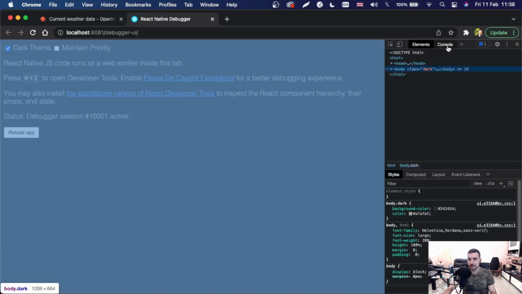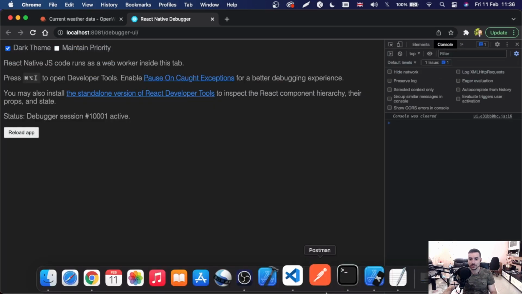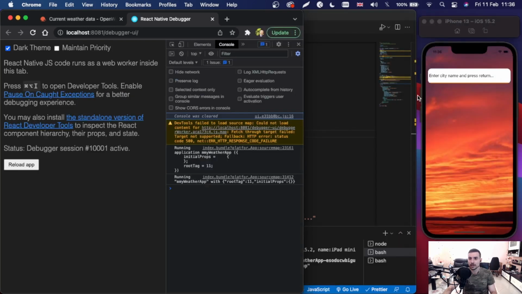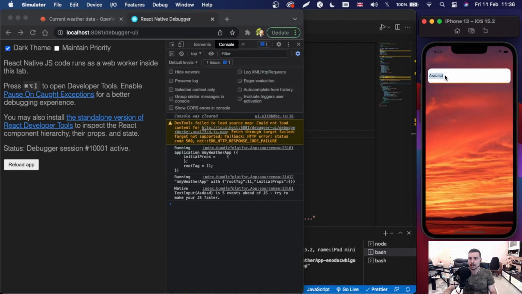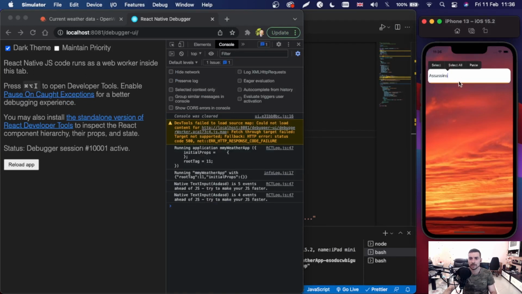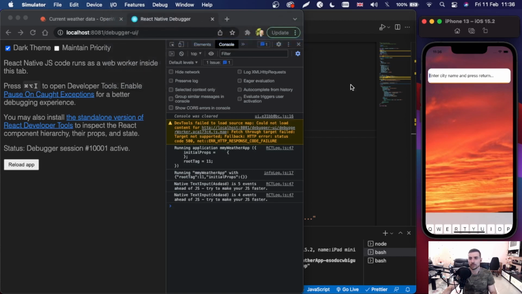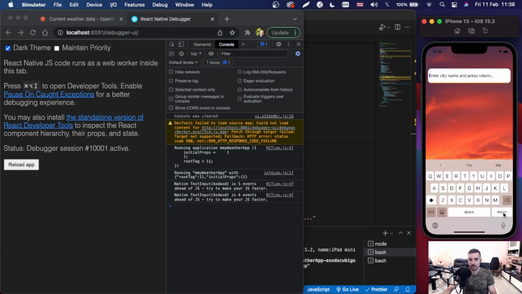If I make this smaller, and when I hit this button right here, okay, let's bring this again. Keyboard, toggle software keyboard. When I press this return button,